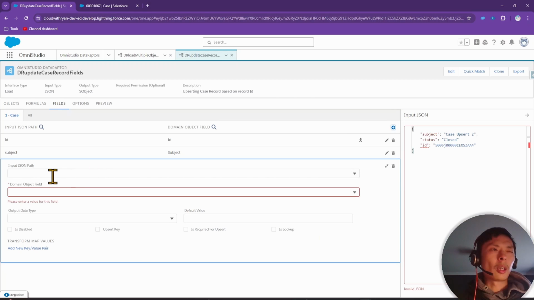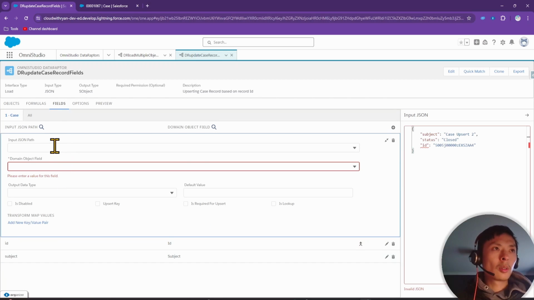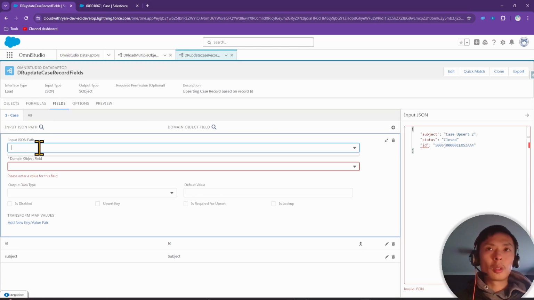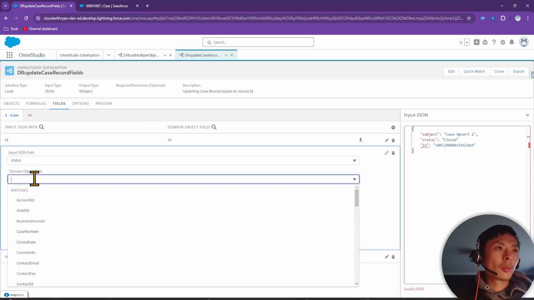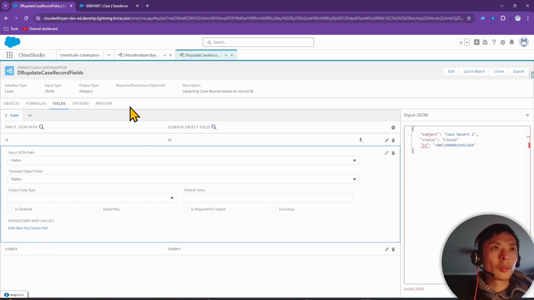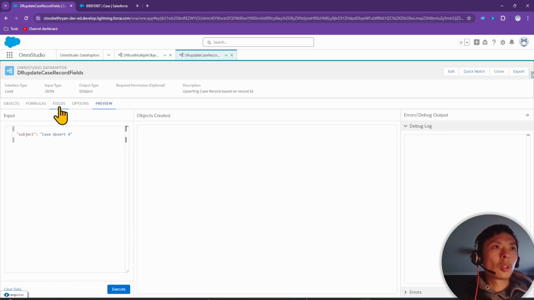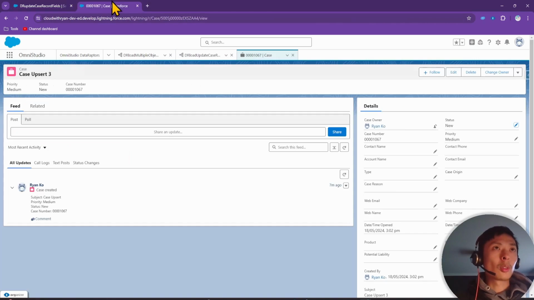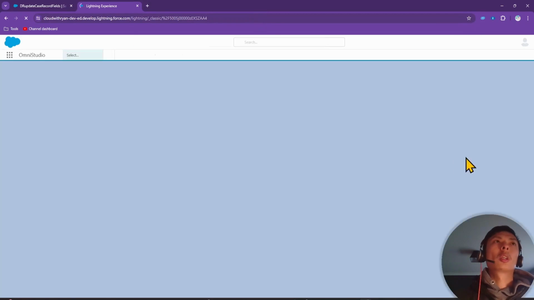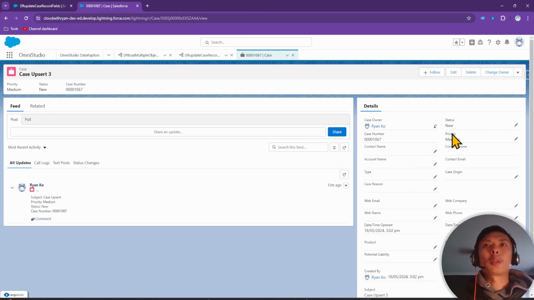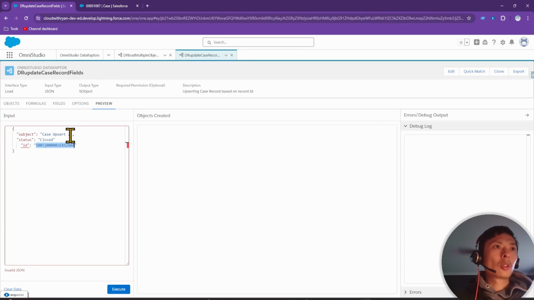Now I just copy paste this here and check this is the case record we will be looking at, so we can look at the differences in the before and after. So name this case Upsert 10, update the status to closed,